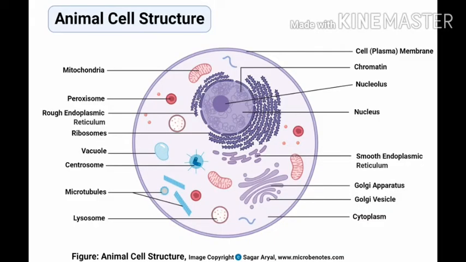So this is the feature of the animal's outer layer, that is the cell membrane, whereas in the case of plant cells an additional protective wall is also available, that is called the cell wall. It is thick, rigid and permeable, and it is made up of cellulose. Here the cell wall is made up of cellulose, whereas the plasma membrane is made up of protein and lipids.